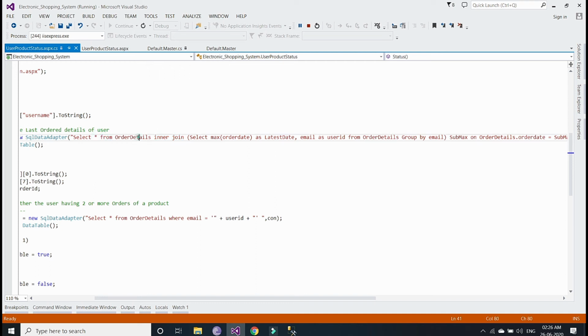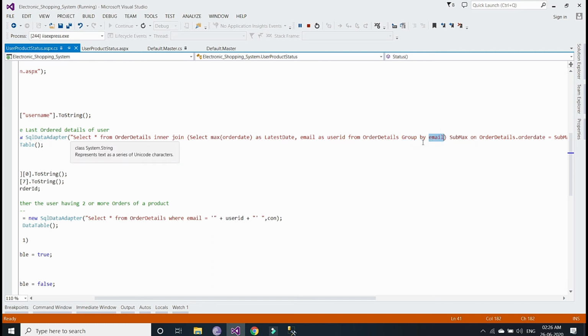So select star from order details table, inner join. It will get here select max, the max function of order date as latest date, and email as user ID, which is coming from order details, grouped by email.